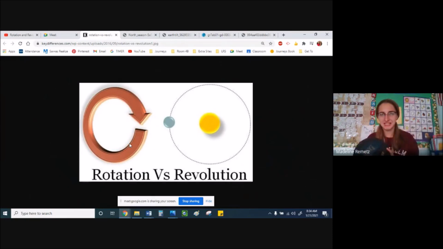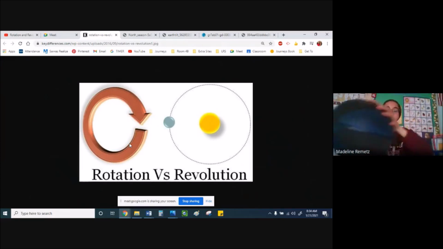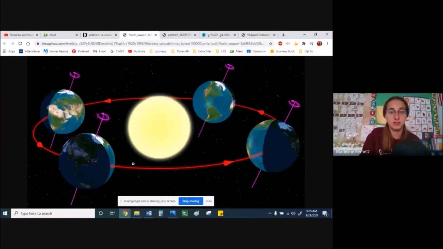Now, who is staying still? Think about it. Is the sun staying still? The moon staying still? Or is the earth staying still? 3, 2, 1. Did you say the sun is staying still? Yes, the sun is staying still in our solar system. And the planets like Earth are moving around our sun. And when they move around the sun, it gives us seasons. But when we're spinning in place, it gives us daytime and nighttime.